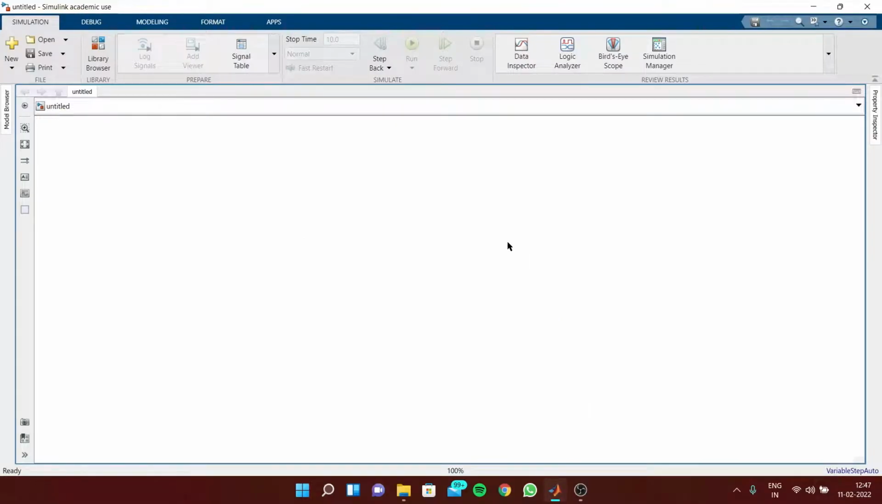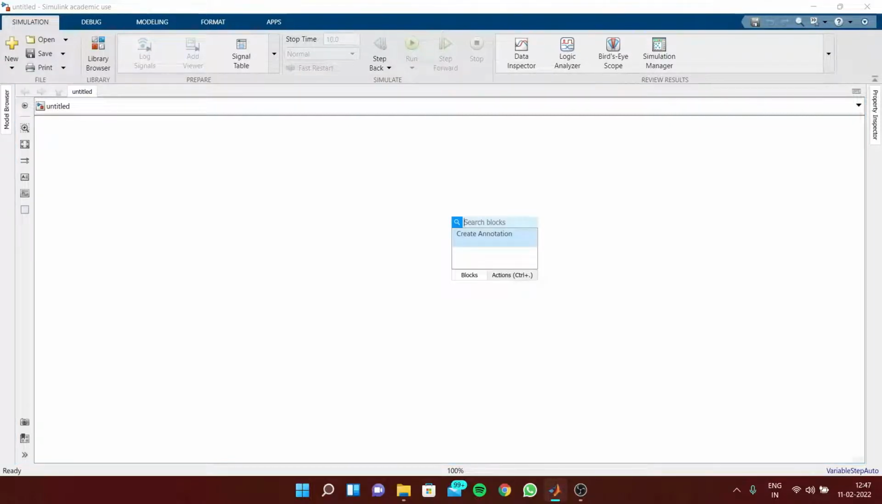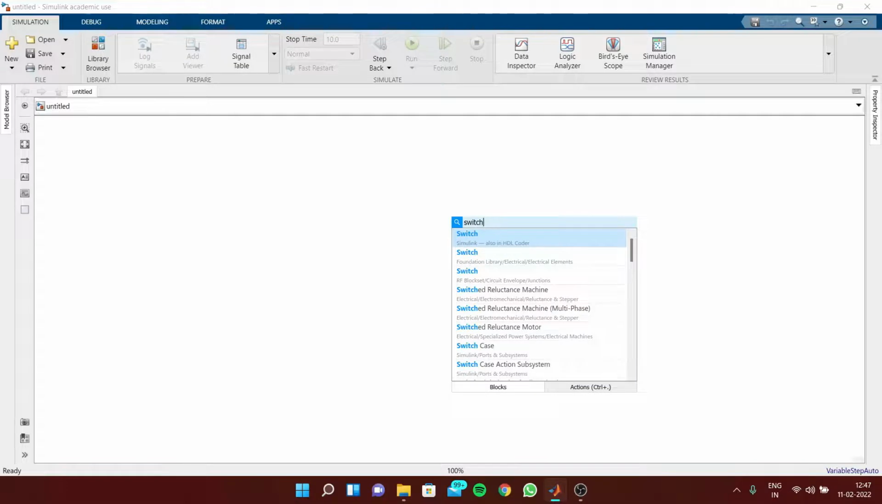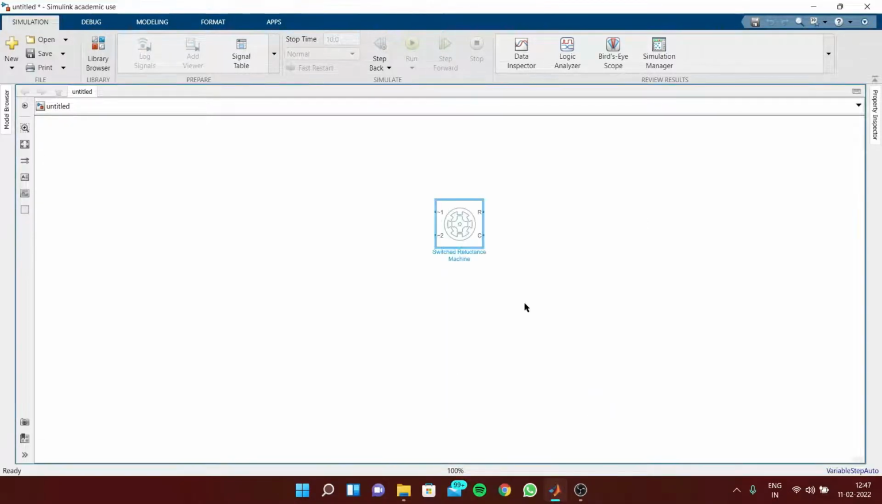So now we are going to build a circuit for controlling SRM motor using the Hysteresis Current Controller. So first, you need to have an SRM motor. For that, you need to type switched reluctance machine and double click on it,